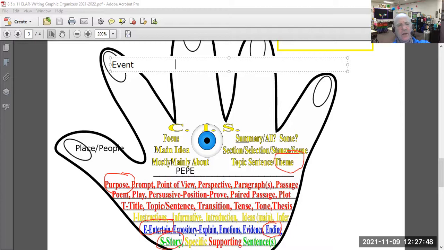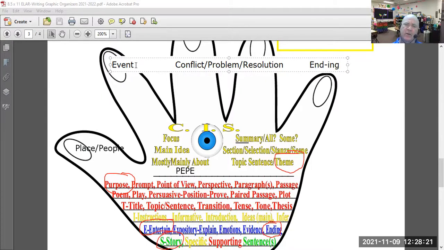there's a conflict, which we can also call a problem, the PEPE, and a resolution could be the ring finger, and the story, the ending